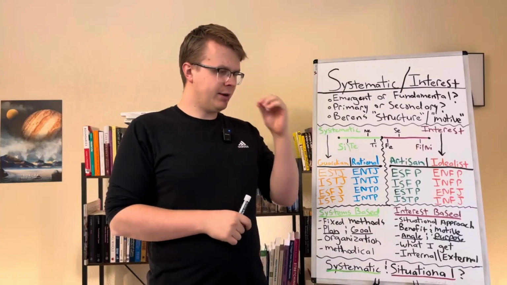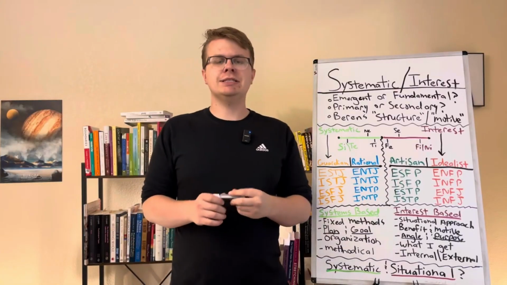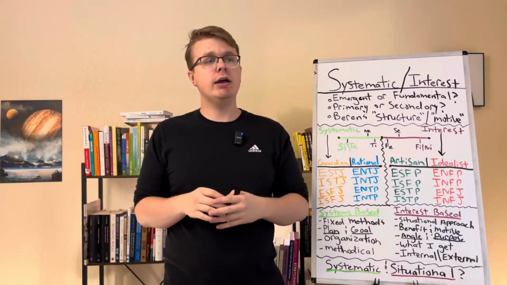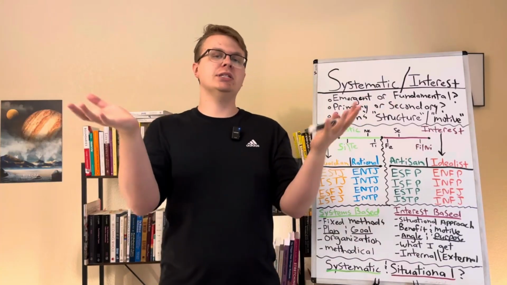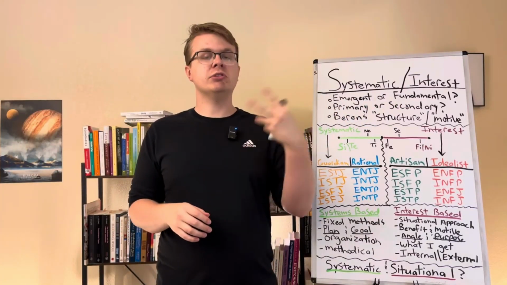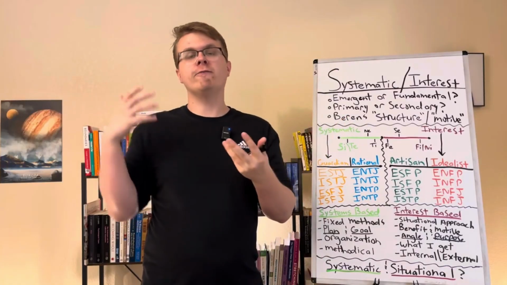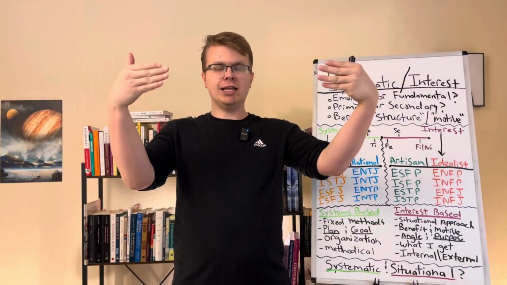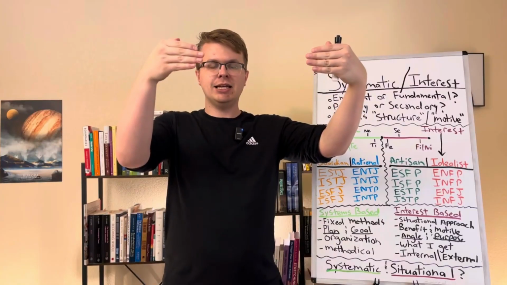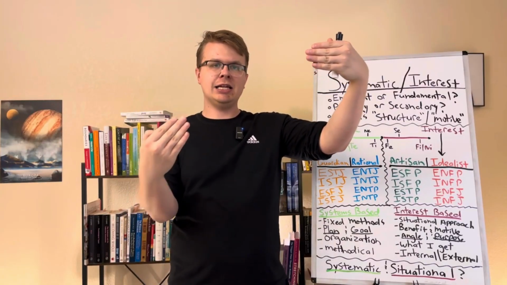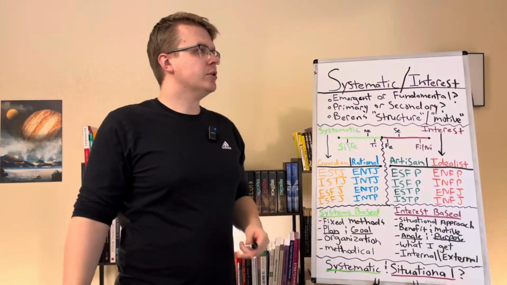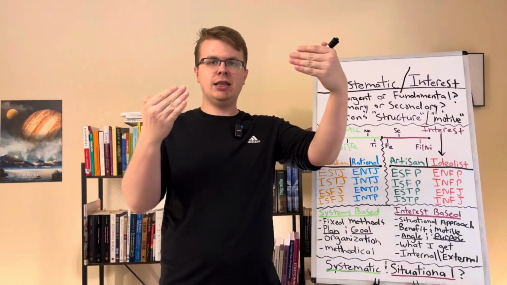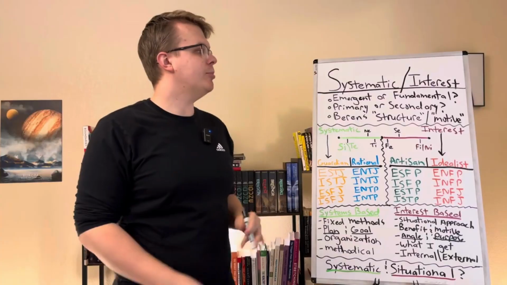I think it's just something about it just feels off. The best way I can describe it is that all the other vectors, I think all 5 of them, have an equivalency. They're like 180s from each other. Like we can see how being abstract is equivalent and opposite to being concrete. How being directive and more direct in your communication is the opposite of being informing and informative. Systematic and interest, where the other vectors are like this, I feel like systematic is like this, and then interest is like this. It's not quite the opposite. So my intuition tells me that there's something, another word or another concept that's closer aligned to the opposite. We'll talk about that more in a minute.